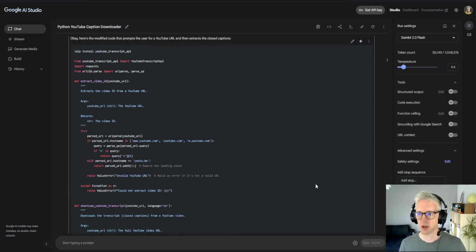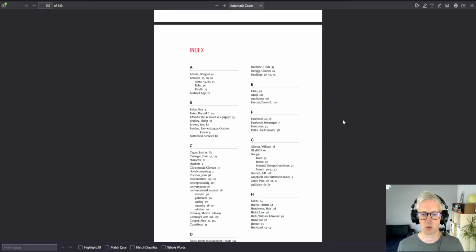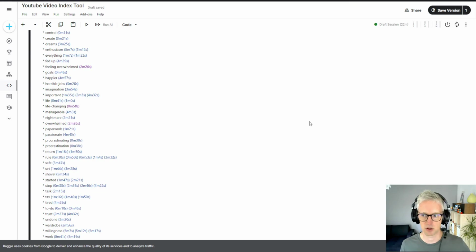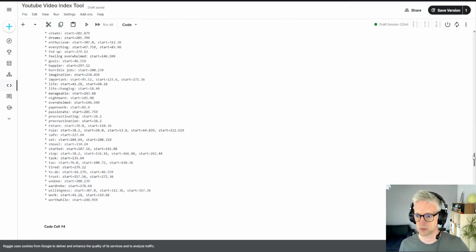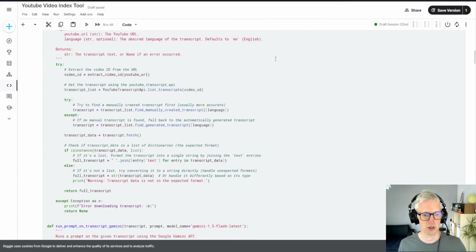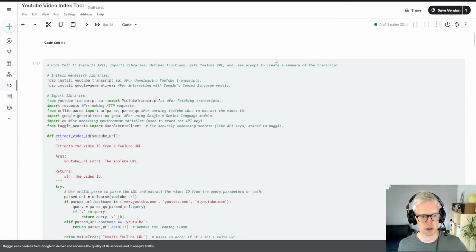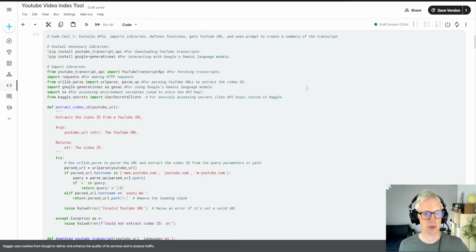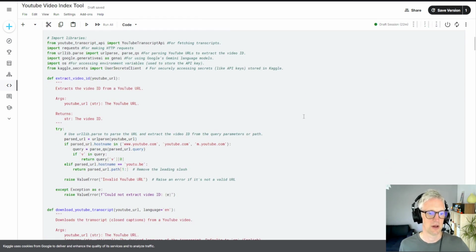So as I've shown you, I wanted to create a tool that would make an index for YouTube videos the same way as you would have an index from a book. I built that in Kaggle because it was for a Google training week where they had a capstone at the end. And so there's this first chunk of code, which essentially takes the transcript from YouTube via their API and runs a prompt on it,